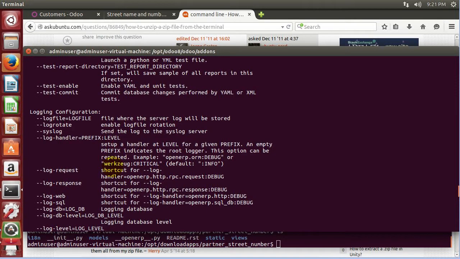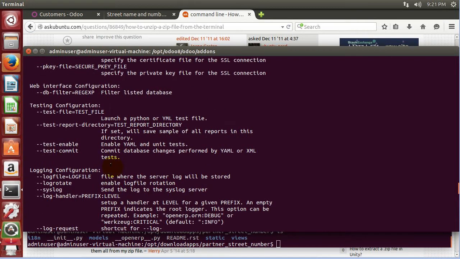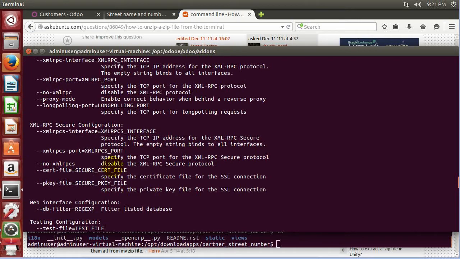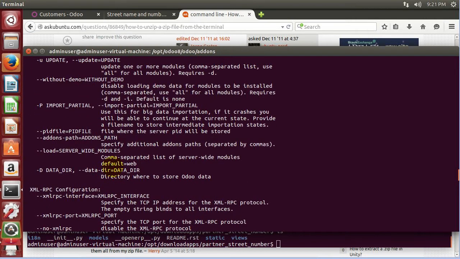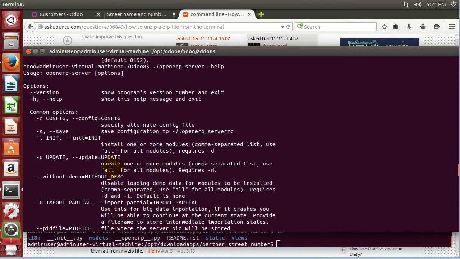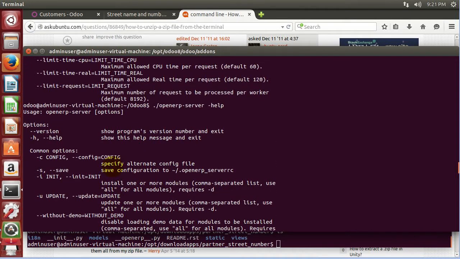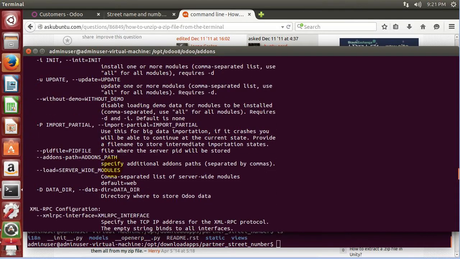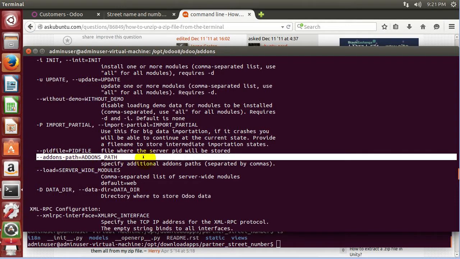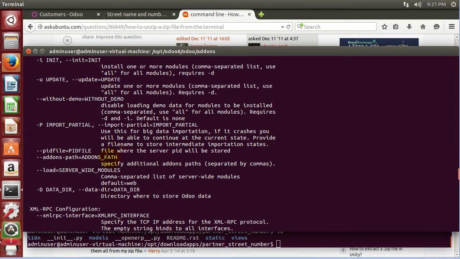And I would recommend, if you're real serious about Odoo, take the time to look through this. We have an advanced Odoo install and some other videos that go through these. But what I want to point out for what we're going to be doing is that we're looking for the add-ons path, and that's this right here. Specify additional paths separated by commas. So this is going to let us specify an additional path to